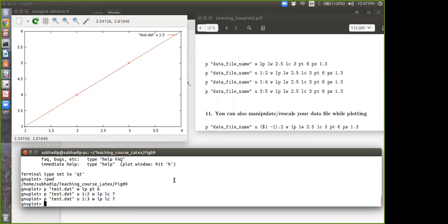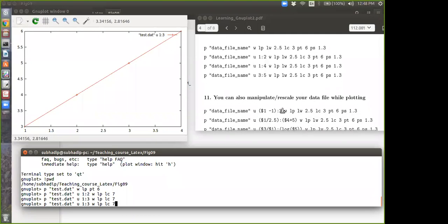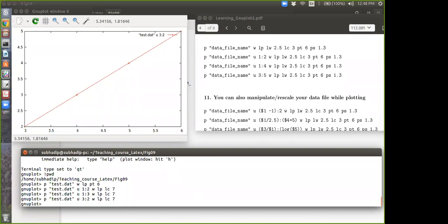Okay, it may look similar because all are straight lines, but it has changed. So this is the way. Now you can specify the plot using everything I have discussed earlier, and you can plot 3:1 also. So third column in X and second column in Y, and anything you want.